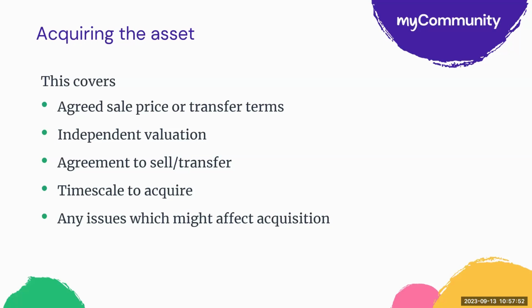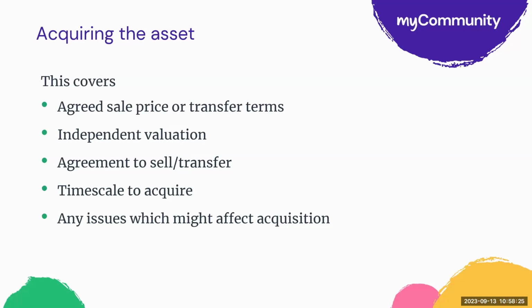Similarly with transfer, often community asset transfer negotiations can go on for a long time, with a lot of backwards and forwards discussions. You may not actually have an email or a letter which says we are prepared to transfer this building to XYZ organisation on the following terms. So it's really useful if the local authority can provide that kind of in-principle agreement.